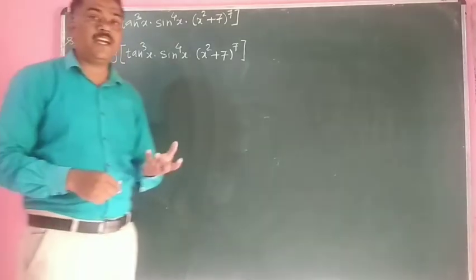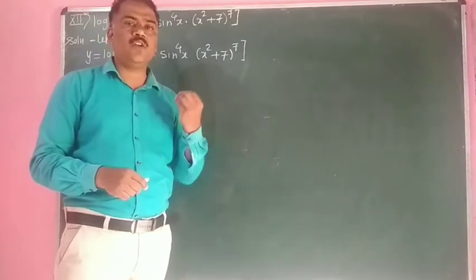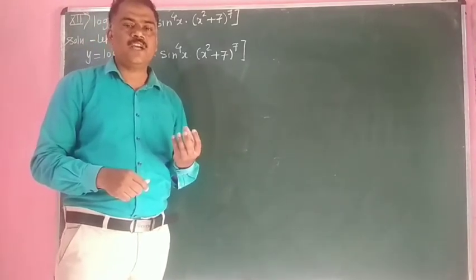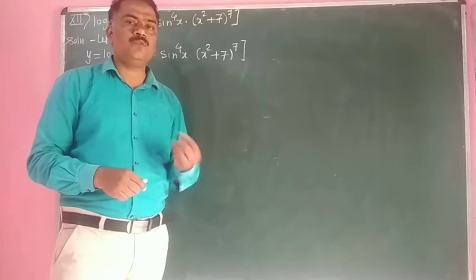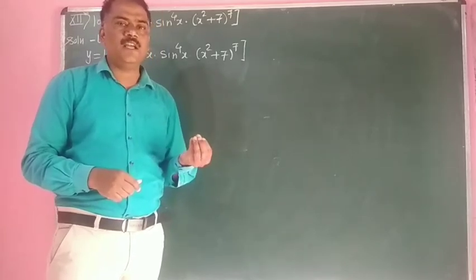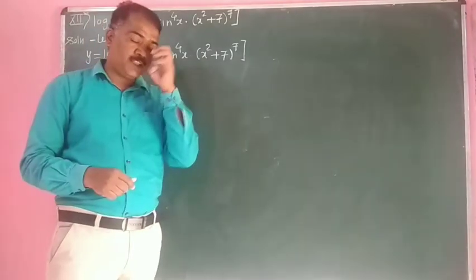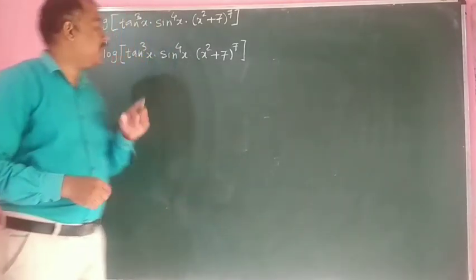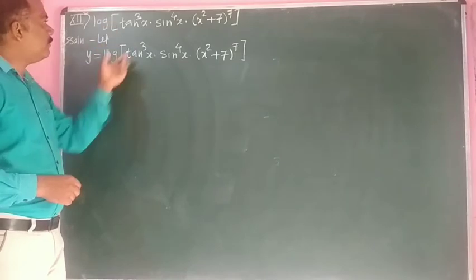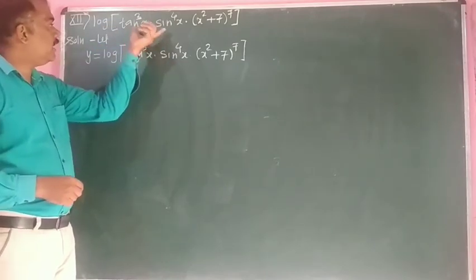Why is the log given? It means that we have to use some logarithmic rules. By using the logarithmic rules we have to solve these examples. If we solve directly, we have to use the derivative of a composite function. If you use that here, we have to take the derivative of log, which is 1 upon this one, into the derivative of this